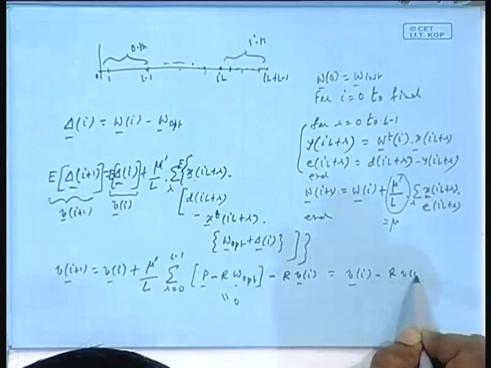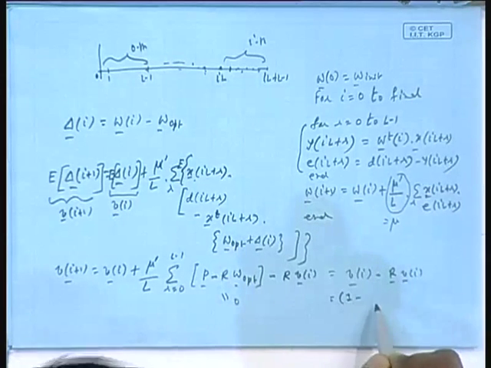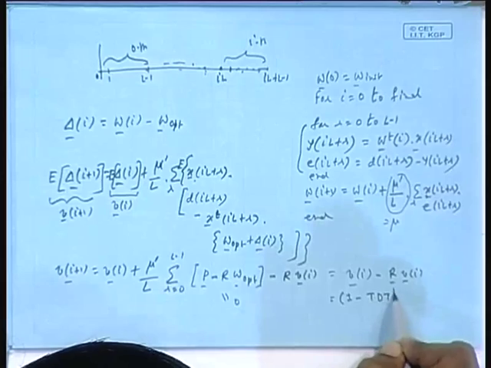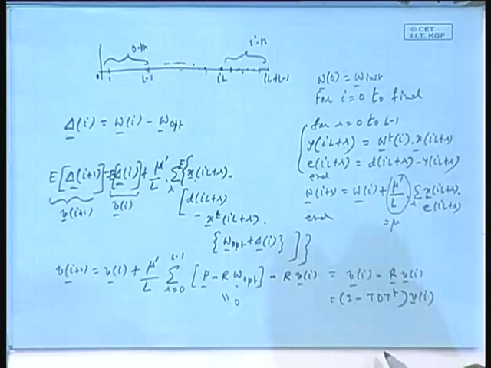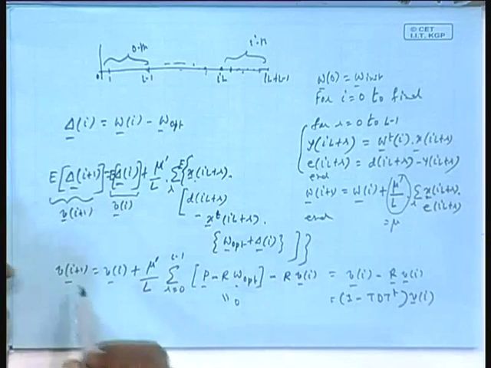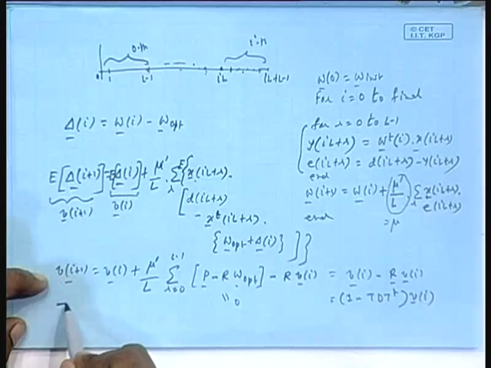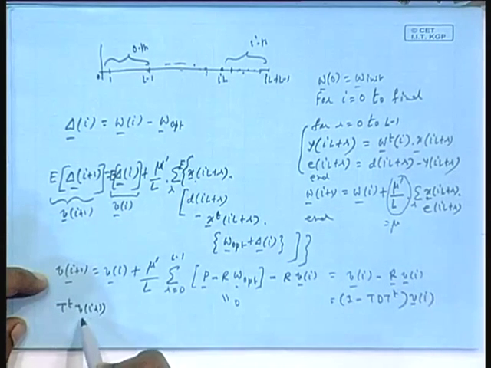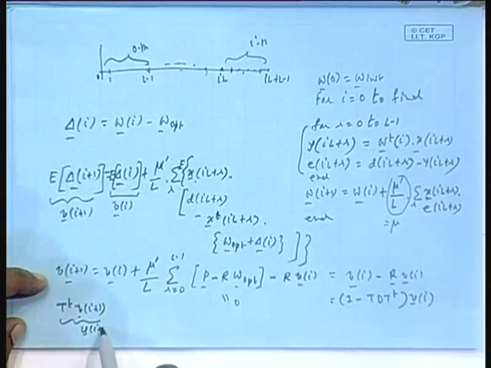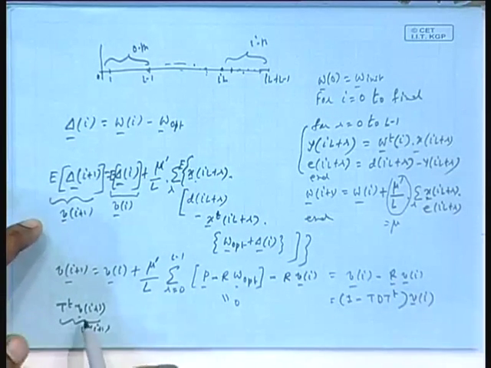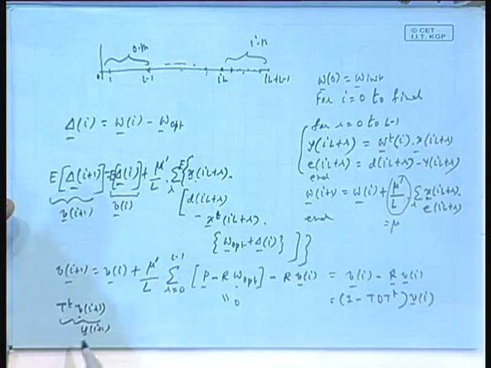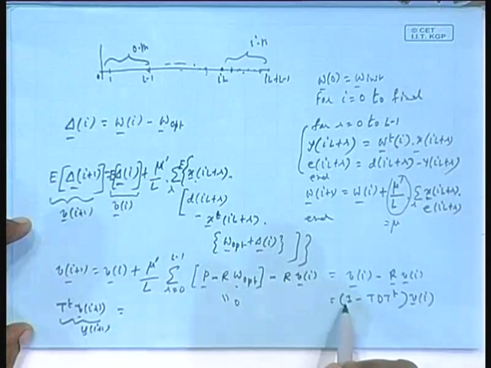Minus R Vi, which is nothing but I minus R. You remember R was T D T transpose Vi. What did we do after that? We defined, in the LMS case, what did we do? We defined T transpose Vi. T is unitary matrix. T transpose Vi. We have forgotten what we did. We pre-multiplied this by T transpose. T transpose Vi plus 1. We gave it a name Ui plus 1. And norm square of U and norm square of V, they are same, because T transpose is unitary. And R was written as T D T transpose.